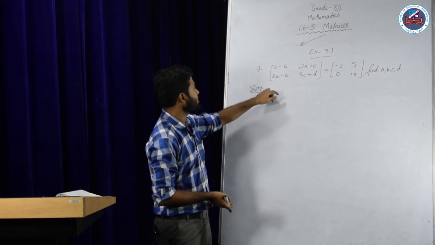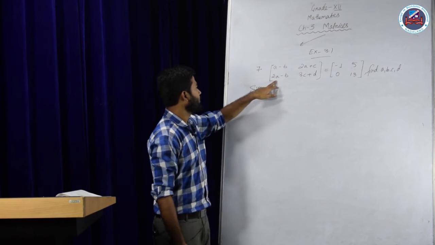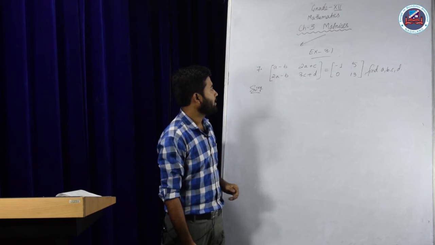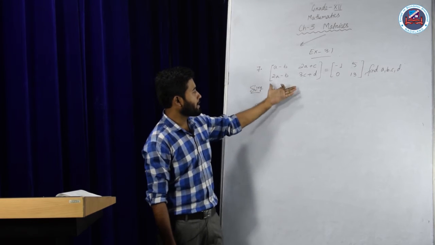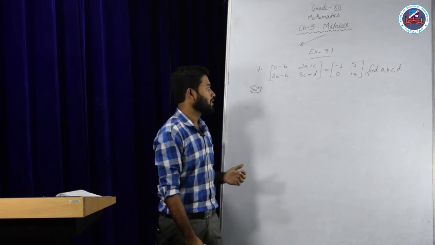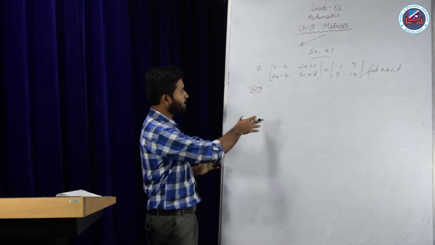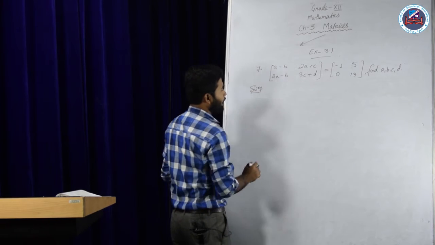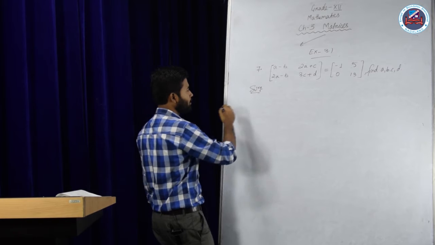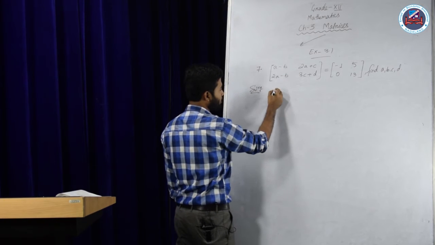There is given a matrix with first element A minus B, the second element twice A plus C, the third twice A minus B, and the fourth element thrice C plus D. And this matrix is equal to the matrix minus 1, 5, 0, 13. So by the properties of equality of matrices, we can say that these two matrices are the same, and hence we need to find A, B, C and D.